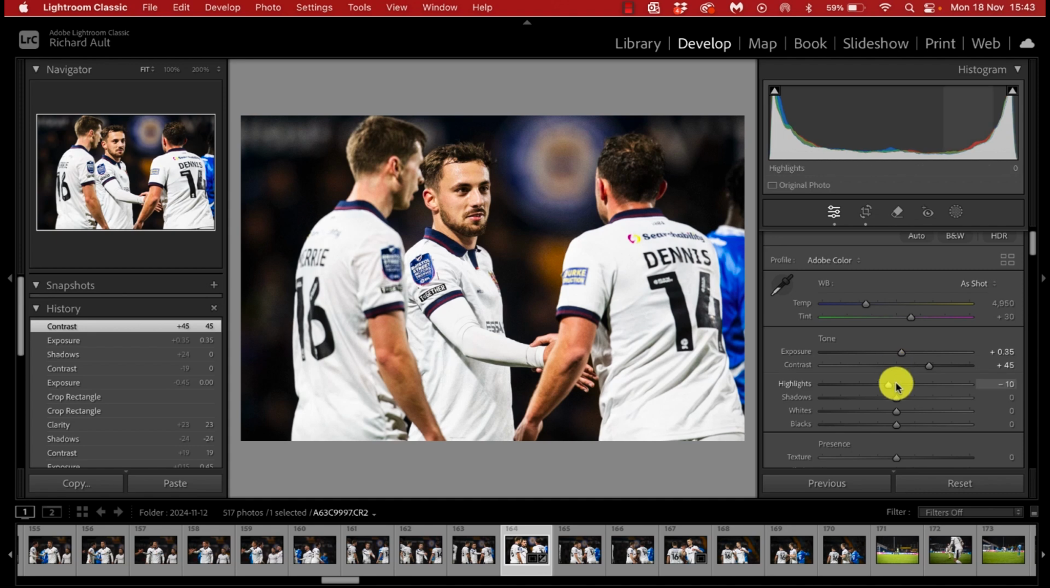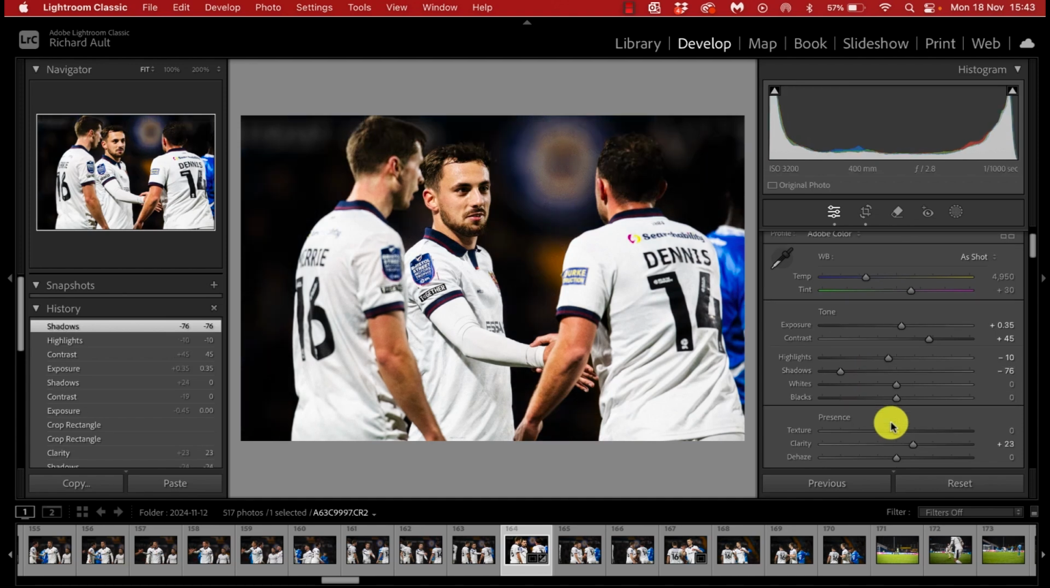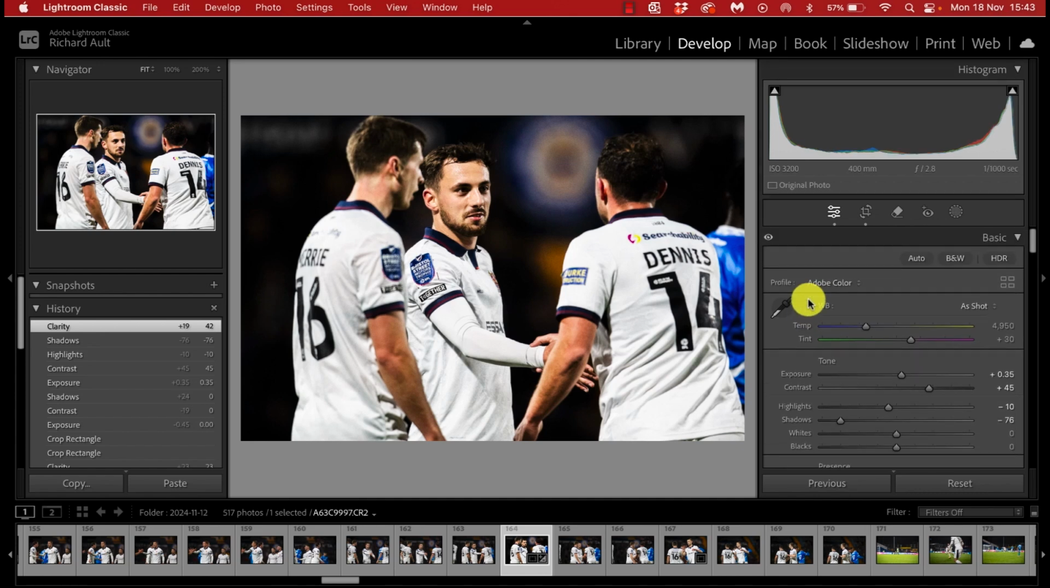Maybe take the highlights down a touch, take the shadows down a load so those white shirts really pop, and maybe just touch the clarity up. So I've made that photo look absolutely horrendous, but it is going to work a treat for this tutorial. So let's say this is a masterpiece and I've been working on this image and just want to see how this image started out before I started to use all of these different develop sliders in the basic tab on the right hand side. And the first way you can do this is if you look at the word basic